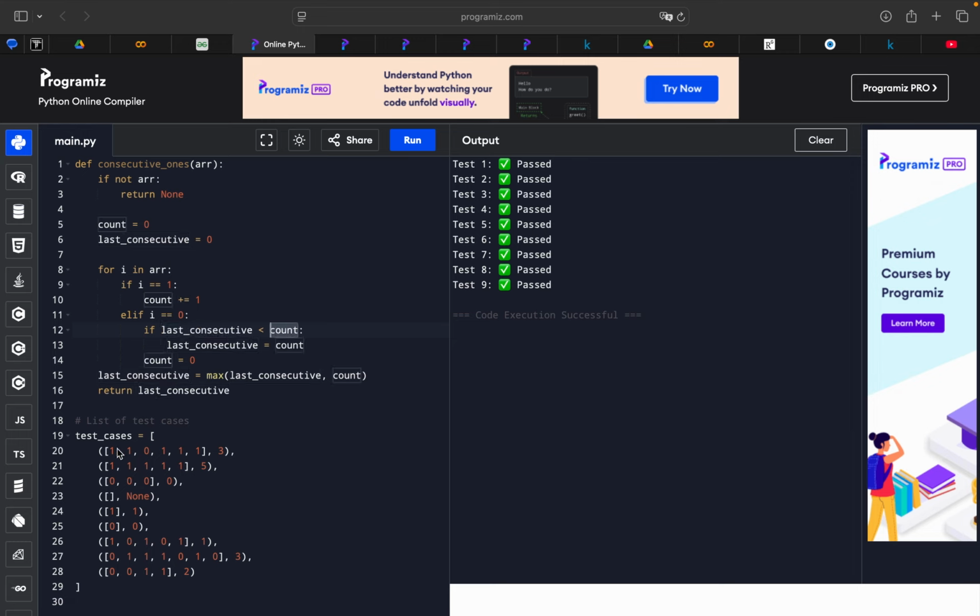Because the first time we increment 1 in the count, and the second time we increment 1 in the count, so count becomes 2, and last consecutive is 0. 0 is less than 2, so this condition becomes true, and last consecutive will be equal to count. Why are we doing it here, the last consecutive? Last consecutive is storing the last consecutive ones we found in the array, and we are keeping a record of that,